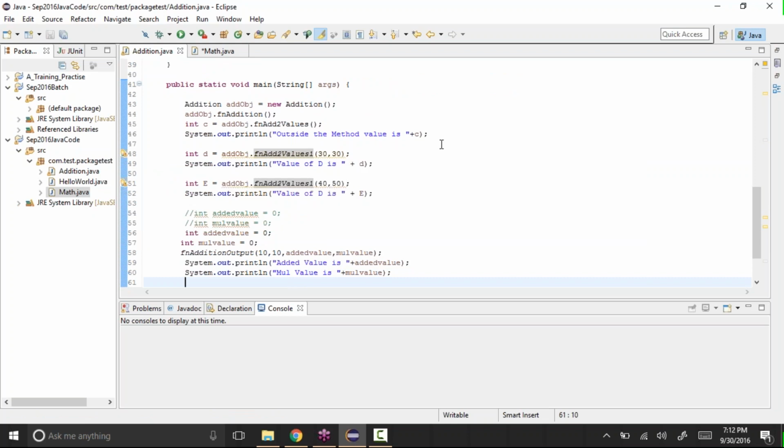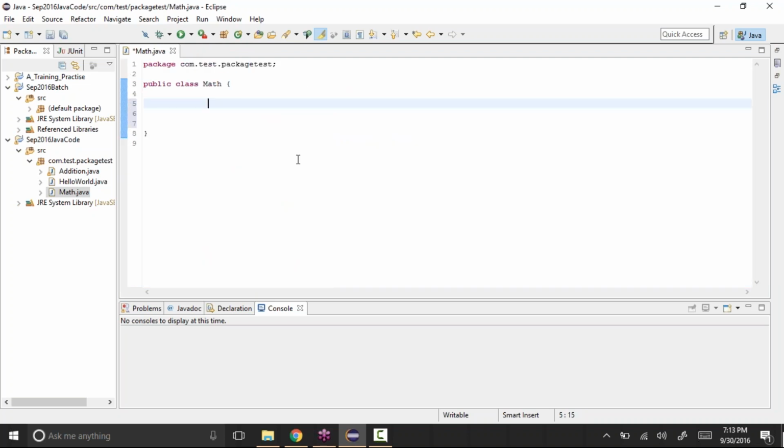That's what is called parameterization. Instead of hard coding, we are giving some values. So this is what the input parameters are. If possible, we should not be hard coding; we should be passing values to that method, and that's the functionality of the method. So to achieve that code reusability, we will be using methods in this way. We should not be hard coding, but we should give the methods parameters.